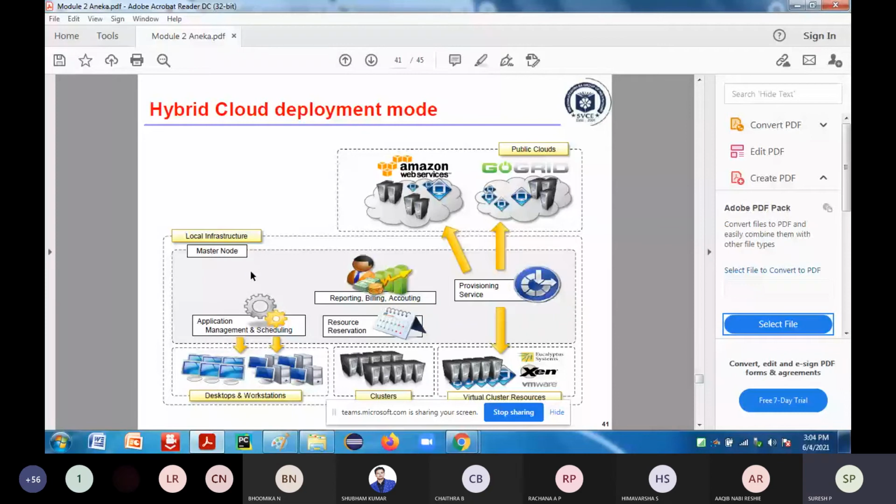So this is how it will be deployed with respect to Aneka. When you talk about Aneka, most of the time it is going to provide you the hybrid type of cloud only, because if you want to take some services like an application, or storage as a service, it is going to take it from Amazon. Like the S3 bucket, Simple Storage Service, is there in Amazon S3.